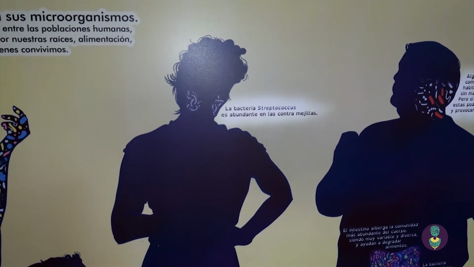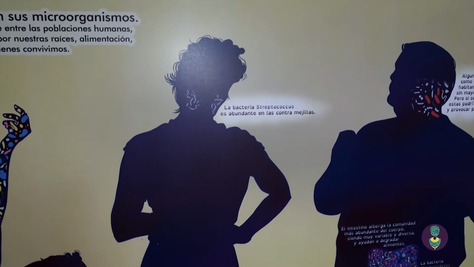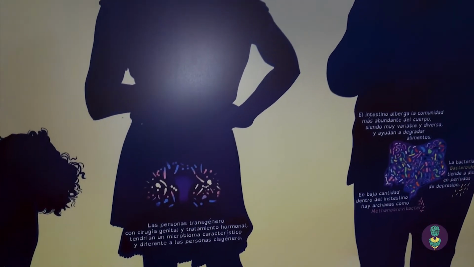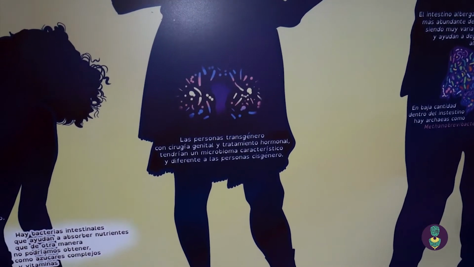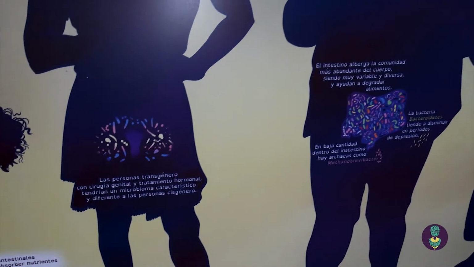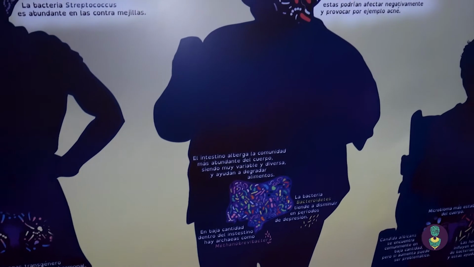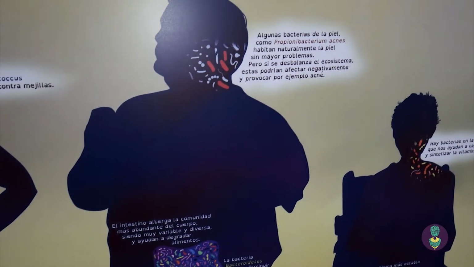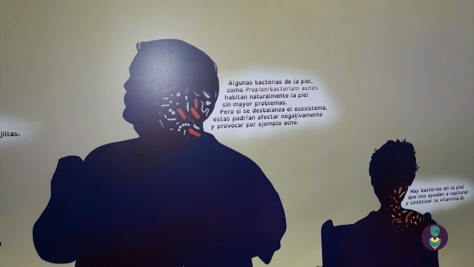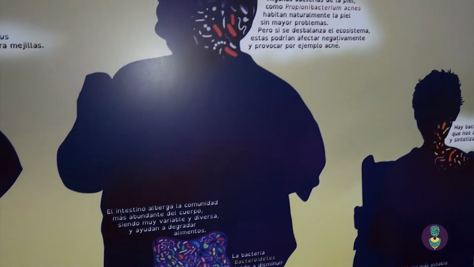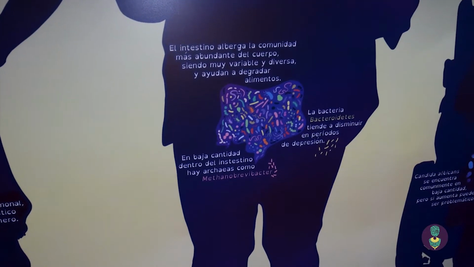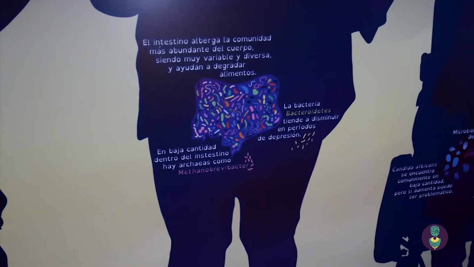Our microbiome is not evenly distributed throughout the body. For example, the skin microbiome is the one that changes the most in our body because it is in direct contact with the surrounding environment. The best known microbiome is the intestinal one, also called bacterial flora. It houses the most abundant and diverse community, helping to break down food, allowing us to absorb nutrients, such as fiber. Similar things occur in our skin, where there are bacteria that, with sunlight, help us to absorb vitamin D.